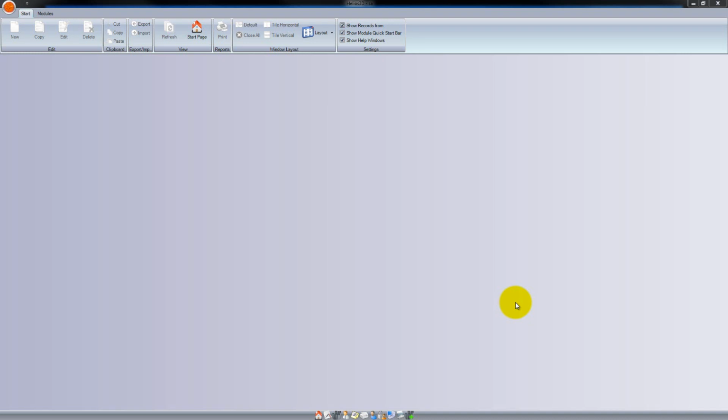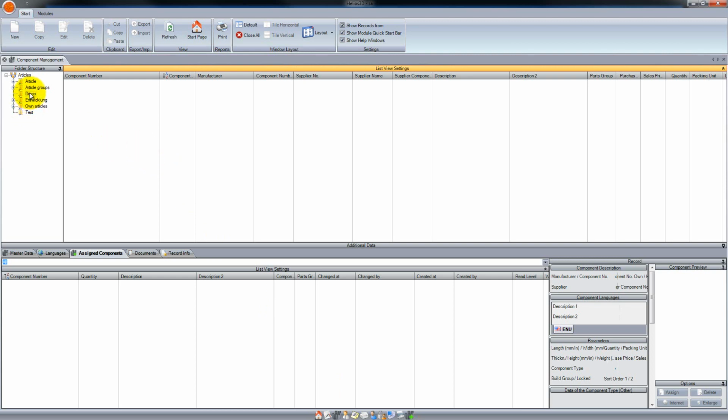Welcome to our first tutorial for the Helios 3D electrical planning. Before we can start planning real layouts, we have to add some components to the database, which are basically needed for creating electrical plannings. For that we open the component management, and here for this tutorial we create some demo